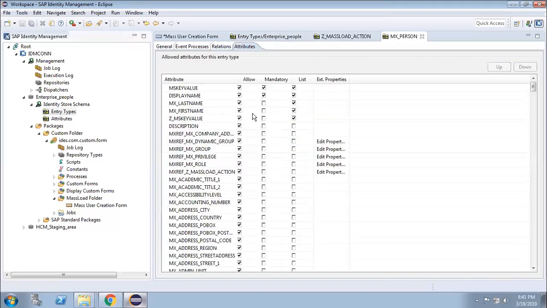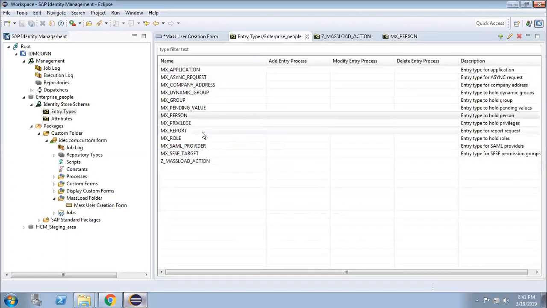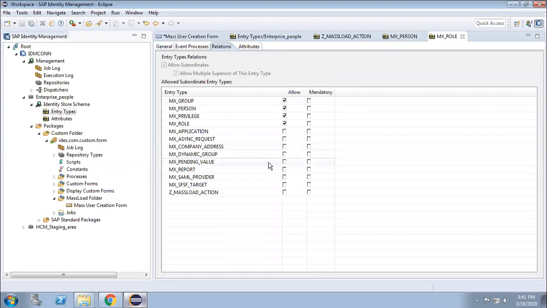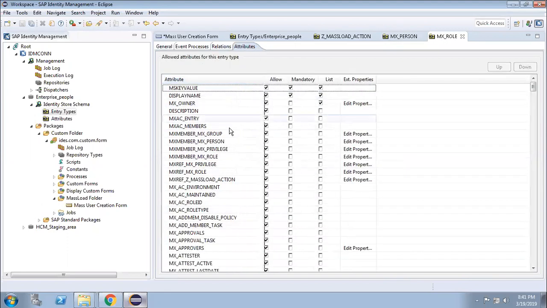That is why, if you come to the reference section, the roles and privileges, and open the roles, here you can see MX person is the superior. When you come to the attribute section, you will see MX member, MX person.